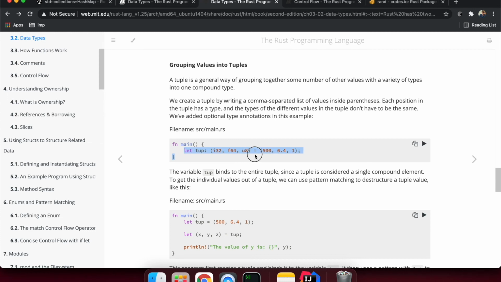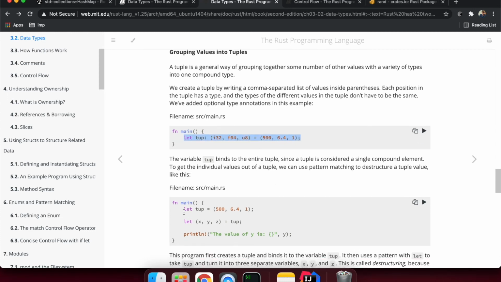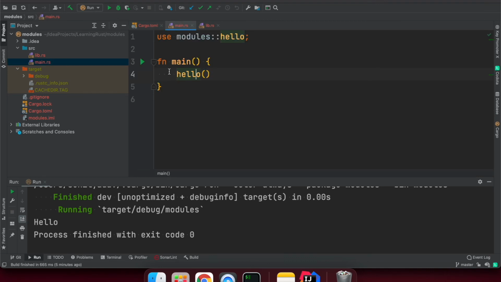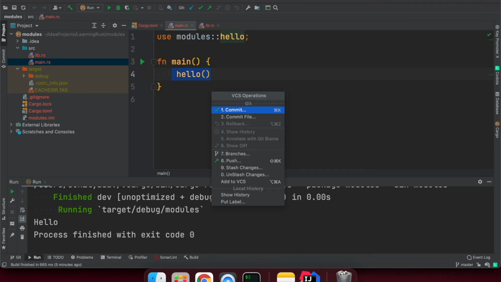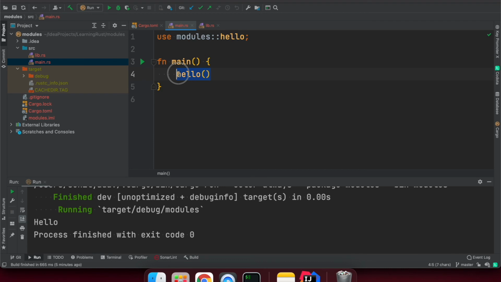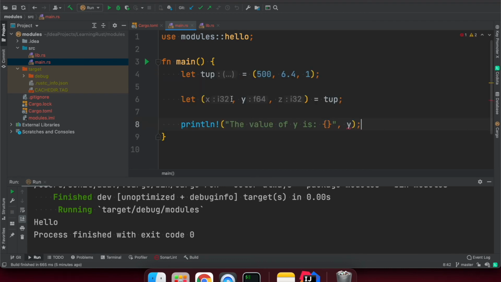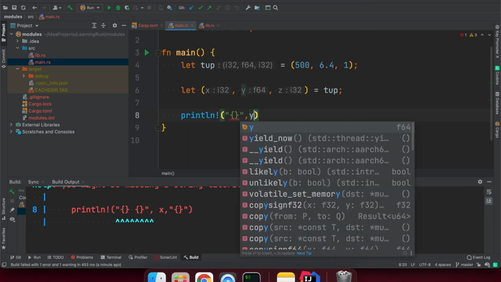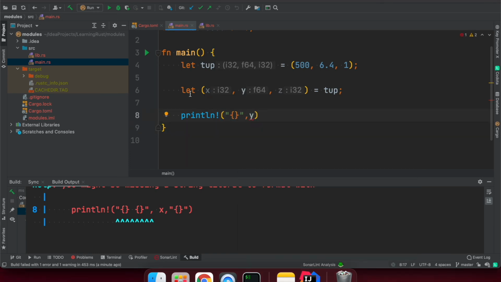Okay, suppose you wanted to use this. Let's copy this one with Command C and paste it here in main. We can see that if we wanted to access x or y, we can access it. So let's run it.